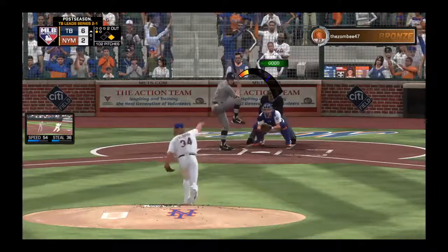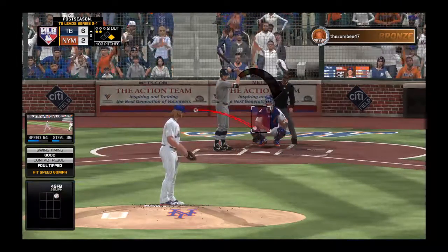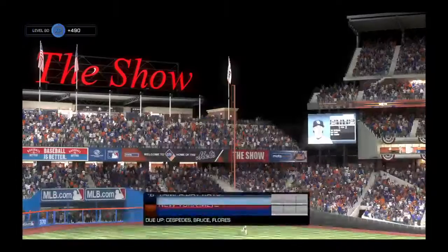A called strike on the inside corner. And this is going to be a foul ball. And he struck him out. His 8th punch out of the...